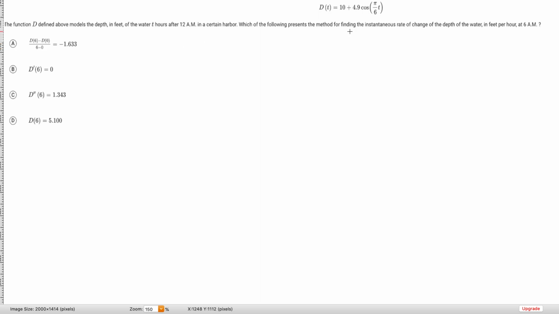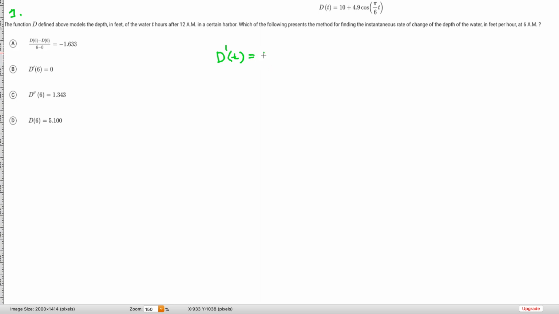This problem, take your time, read this problem. To do this first one, what we need to really just understand is only one thing, which is that the derivative represents instantaneous rate of change. So we only really need to know that D prime of t, this is the only real concept we gotta know here, and then we need to know how to differentiate, is that the derivative